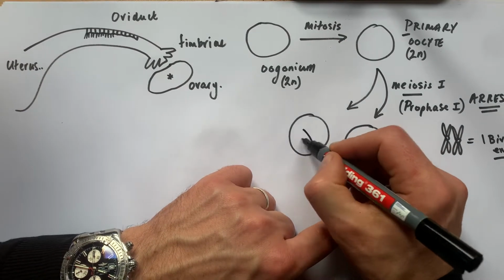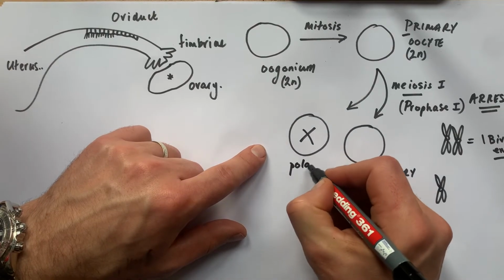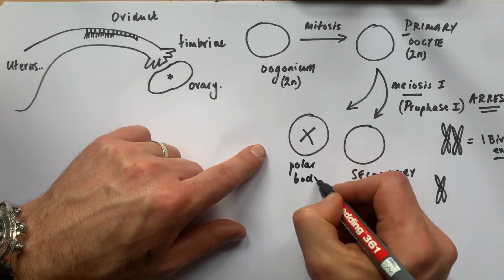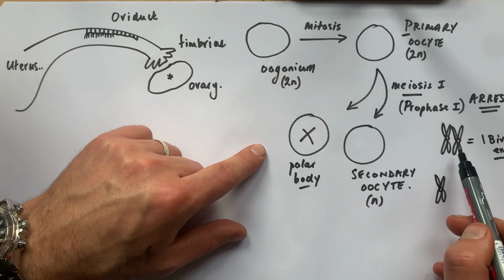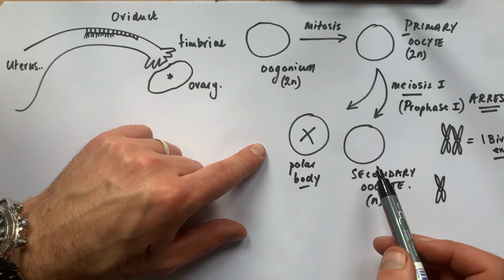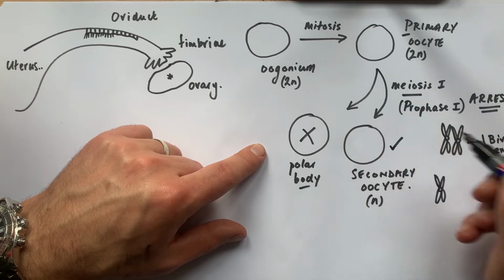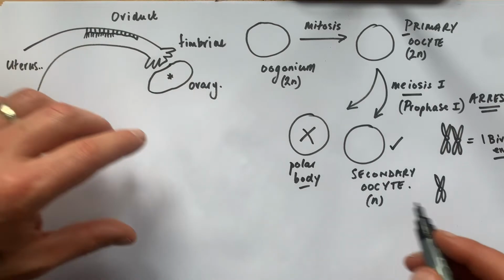And the second cell is actually called a polar body. So this is not going to be needed, but it is important though. The polar body doesn't really have any more function after this point, but it did allow the chromosome number to be halved from diploid to haploid, to go from the primary oocyte to the secondary oocyte. So this cell is really important, and what happens is that it undergoes pretty much straight away